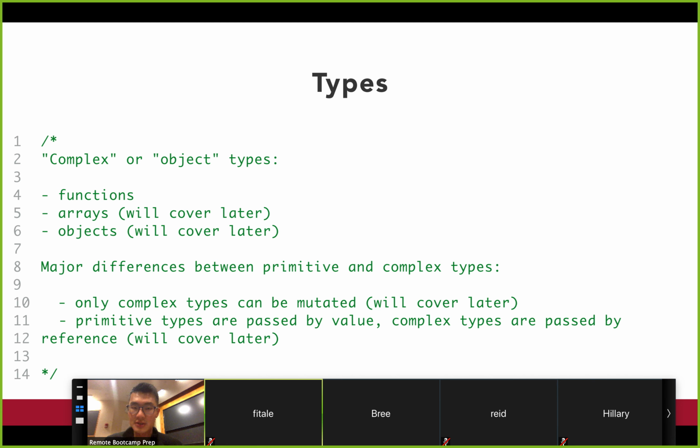And just so we're aware, we won't spend too much time on this in this class, but we will in a later class. The major difference between primitive and complex data types is that complex data types can be changed, whereas primitive data types can never be changed. They can only be replaced. We have an entire class